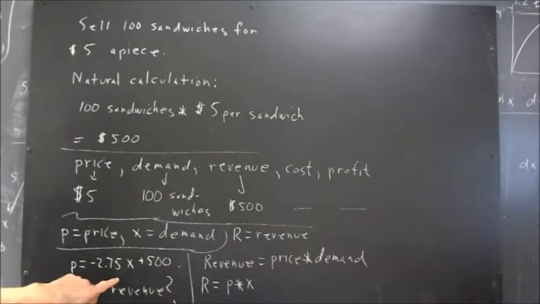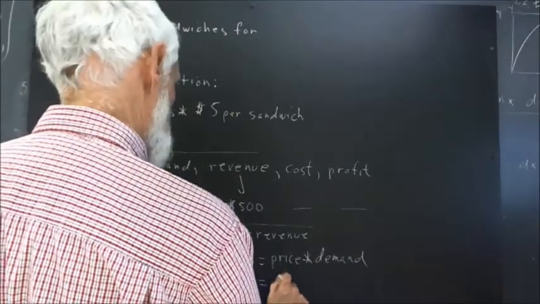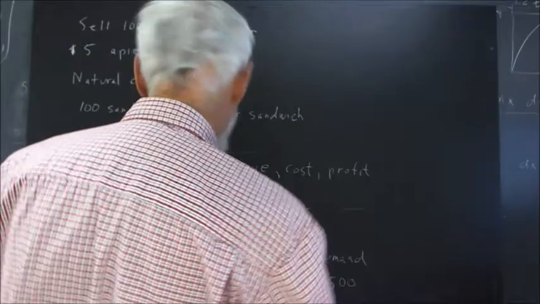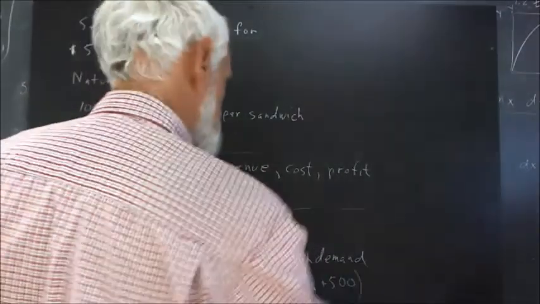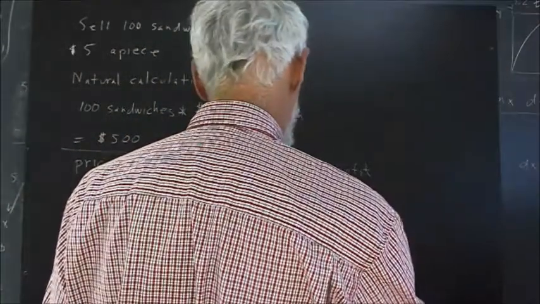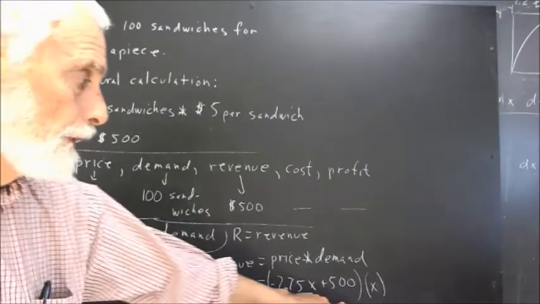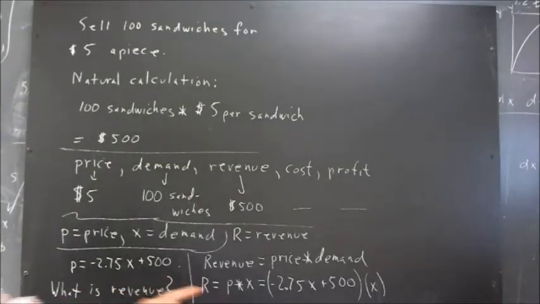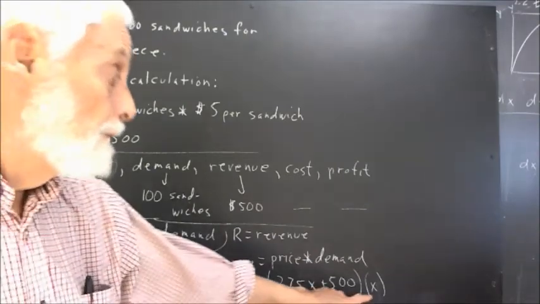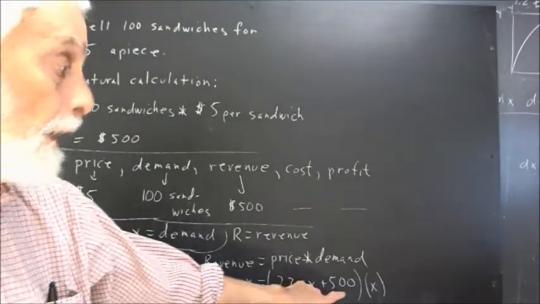If the price is this, then our revenue is going to be negative 2.75x plus 500 multiplied by x. So here's our revenue function. What kind of a function is this? You should think about what kind of a function this is and how we're going to deal with it. Okay, well, this is a quadratic function, because when we multiply through by x, we get negative 2.75x squared plus